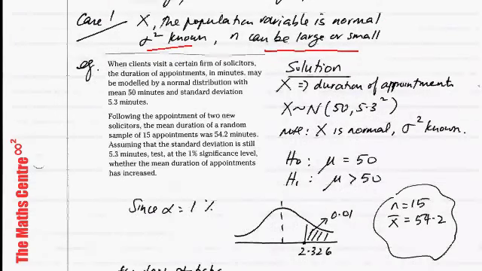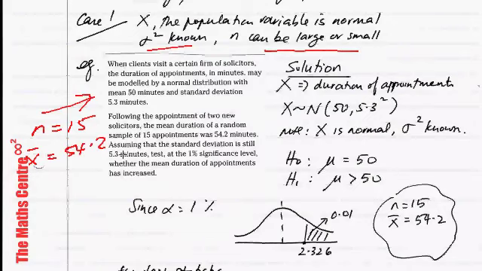When clients visit a certain firm of solicitors, the duration of appointments in minutes may be modeled by a normal distribution with mean 50 and standard deviation 5.3. Following the appointment of 2 new solicitors, the mean duration of a random sample of 15 appointments, so n is 15, and the mean duration, we have got x bar equals